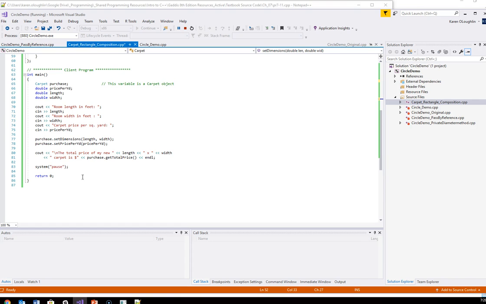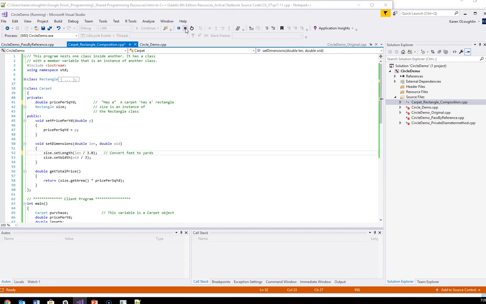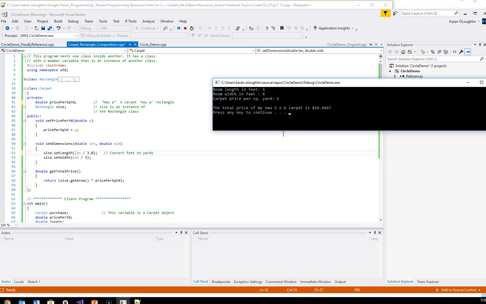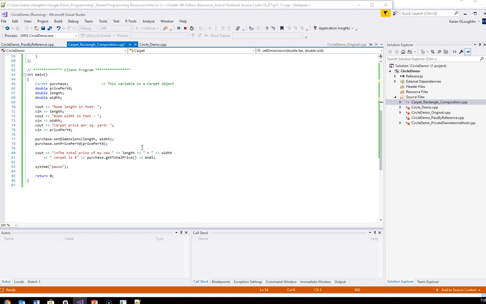I don't know if there's anything else in this particular project that was of interest. If we take a look at the output, I was going to look to see if they formatted it to 2 decimal places, and they did not. They did put a $ sign in front of it. We have learned how to format to 2 decimal places. You could use your set precision in order to do that here. For example, right before this line, you could do